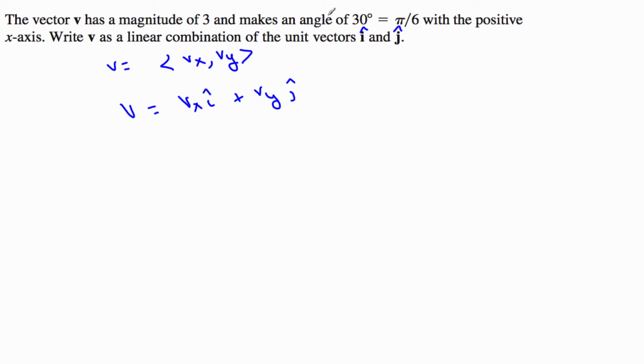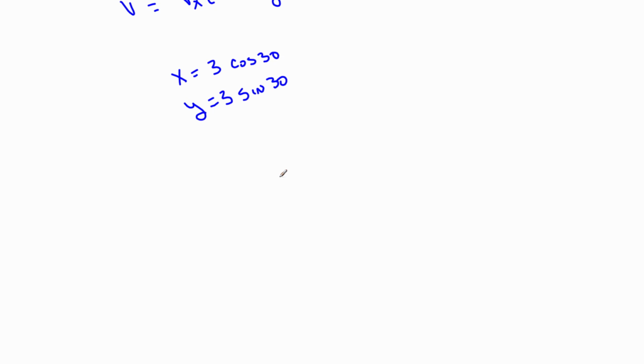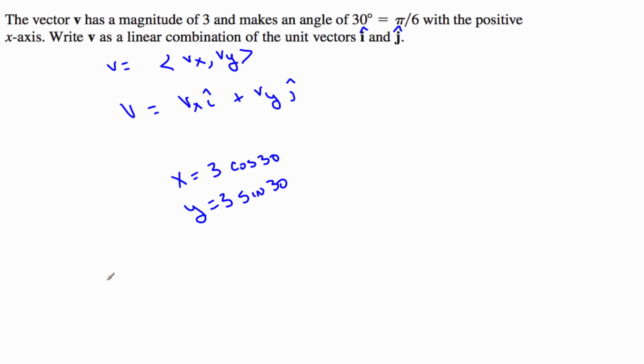All right, so the magnitude is 3 and the angle is pi/6. So let me look at my x component. That's going to be 3 times the cosine of 30. The y component is going to be 3 sine 30. So rewriting this, I get, lost my pen, v is equal to the x component, which is 3 root 3 over 2, i, plus 3, nothing else,